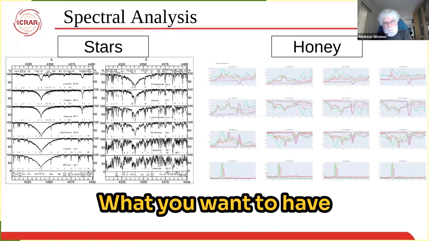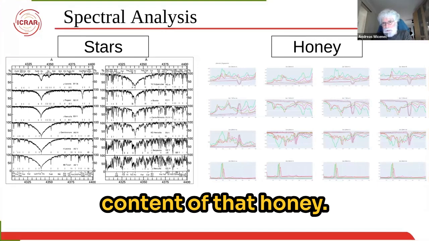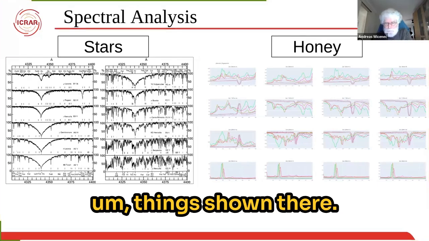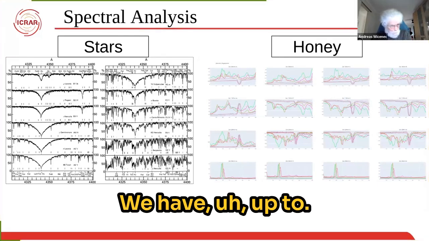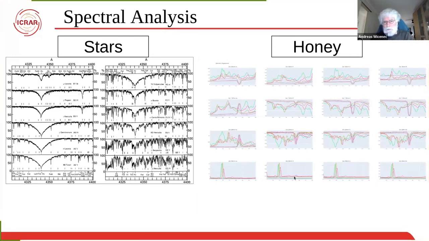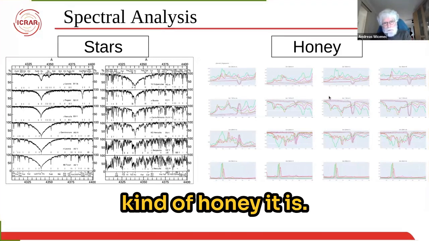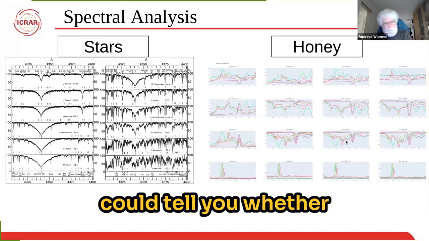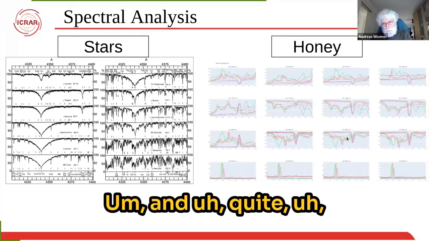What you want to have is a signature of the content of that honey, and that's what you can see there as different things shown. I've only switched on a few. We have up to 50 different components which are measured. And then we use all these components to classify what kind of honey it is. So if you get your Jarrah honey from Western Australia, we could tell you whether it's real Jarrah honey or something else,